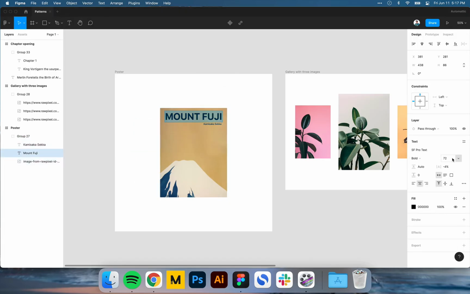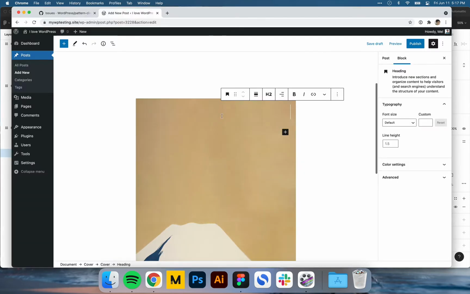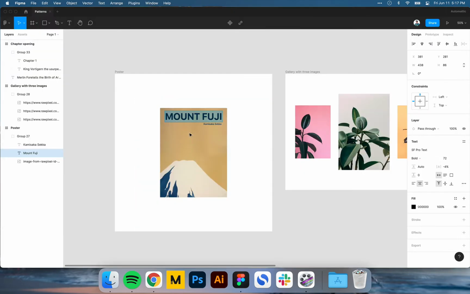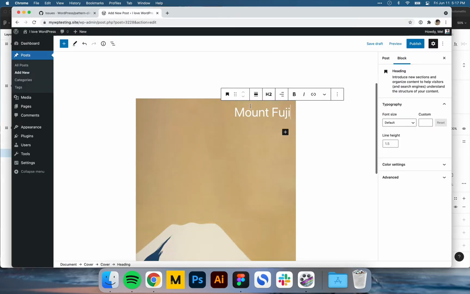So it's 72 pixels bold here, but what we see inside of this might not be how it looks in the editor. So what I'm going to do, make it bold. And so we don't have any sort of text transformation yet. So I'm actually going to manually type it in all caps.